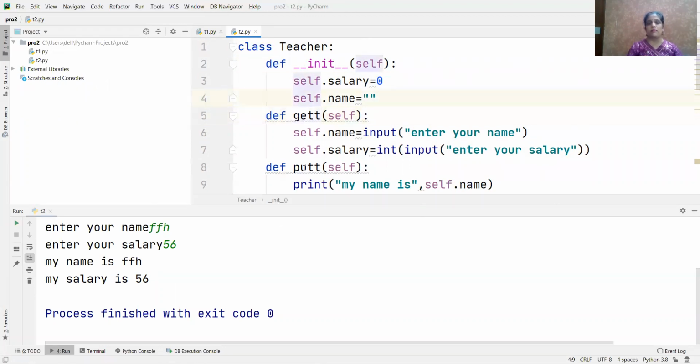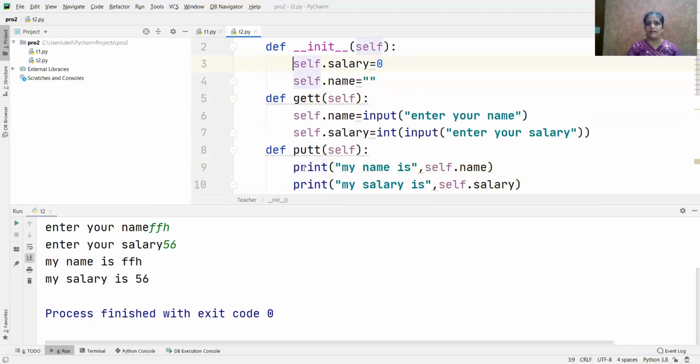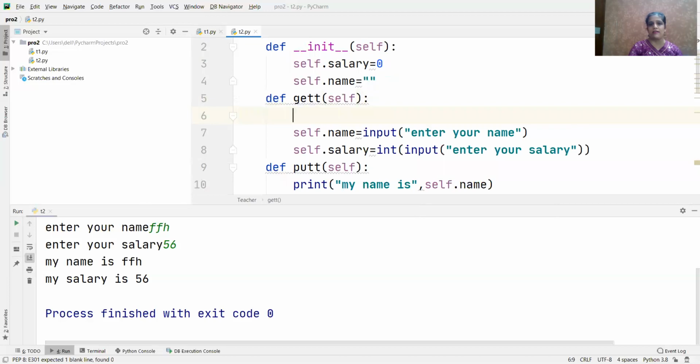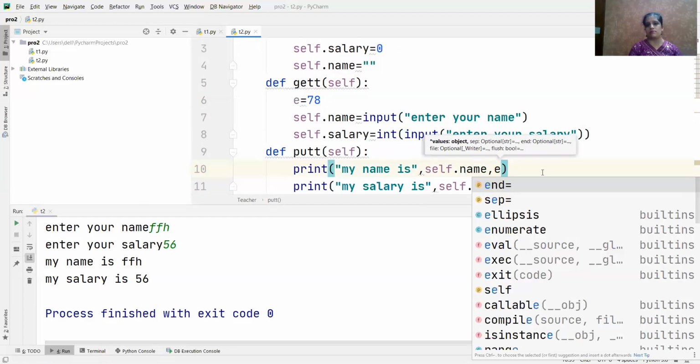So right now these variables are your instance variables. Instance मतलब what? That is your object. Okay. So now I can make the changes because I have declared it in init. While if you declare the variables here, you cannot make the changes. Although you can use this variable in this function, if I write it here, say e is equal to 78, I can use this. If I print it here, यहाँ पे print कर दूँ e को भी, तो value आ जाएगी मेरे पास.